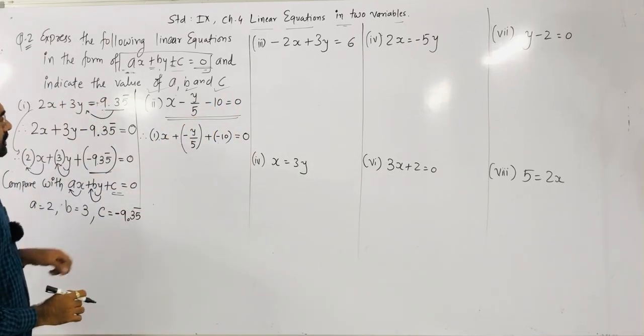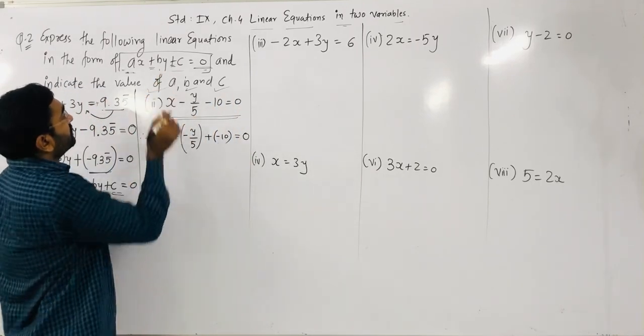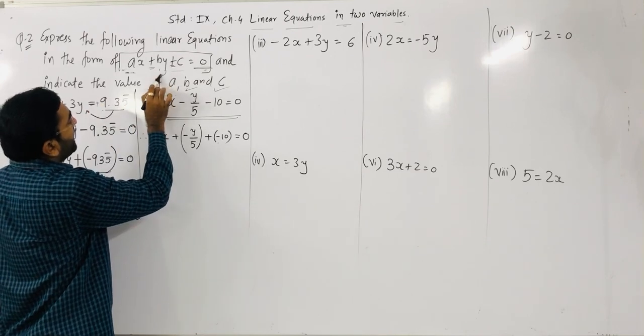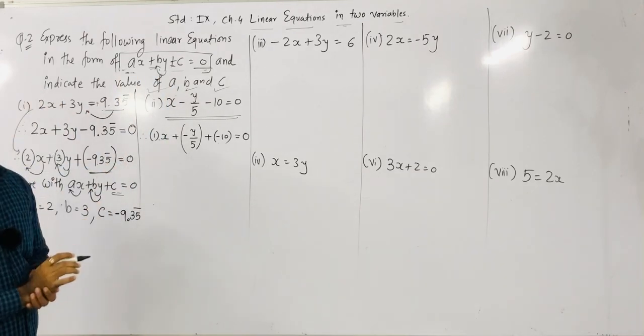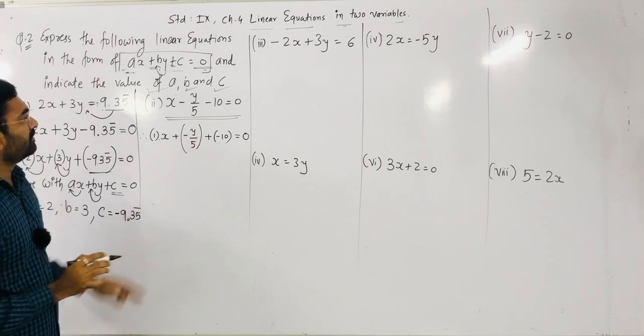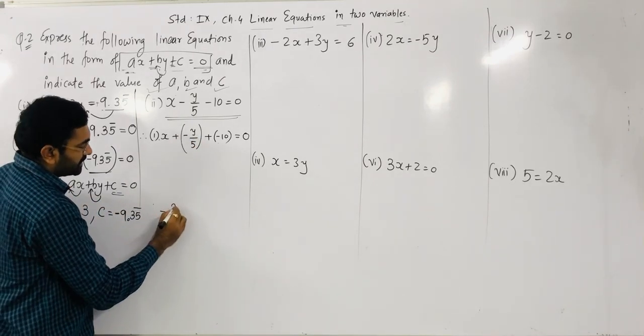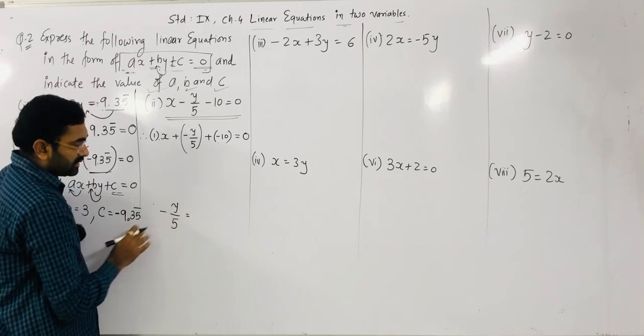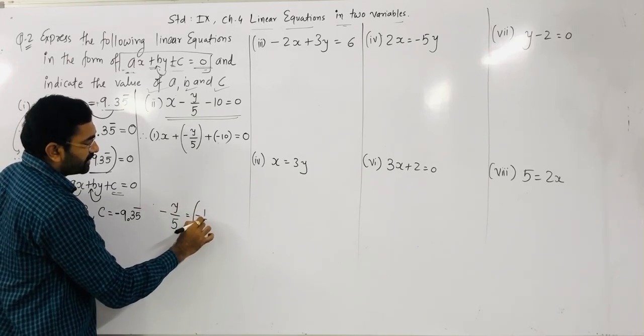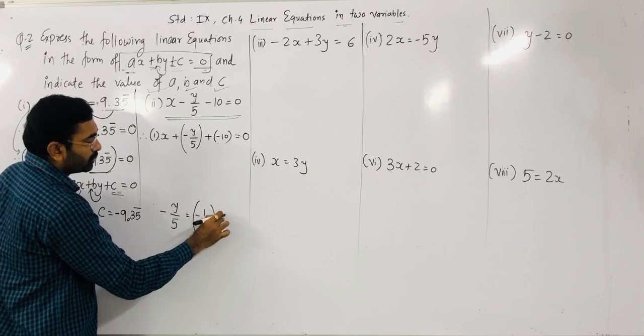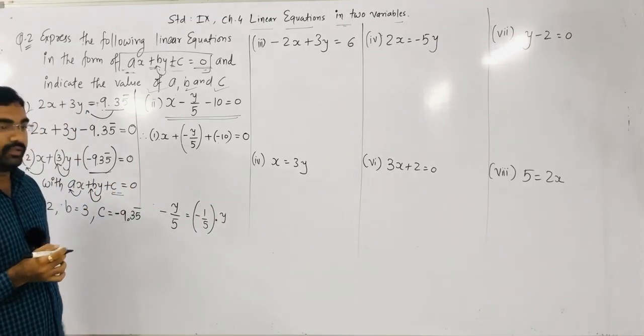Okay. Now here in the equation, y is the variable, and we have to represent it in the b form. So y coefficient, how can we write it? What is the meaning of that? Minus y by 5 means what? That thing we can write as minus 1 by 5 into y. Minus 1 by 5 into y.